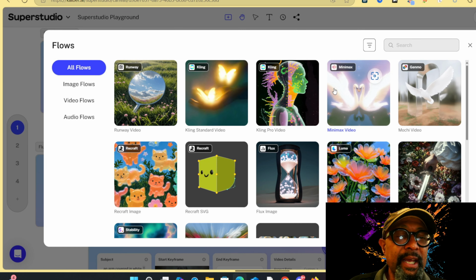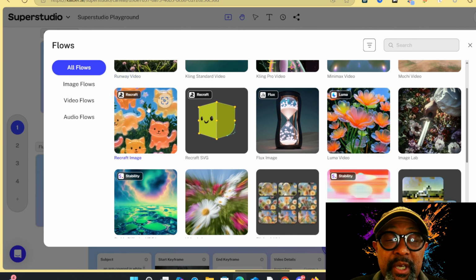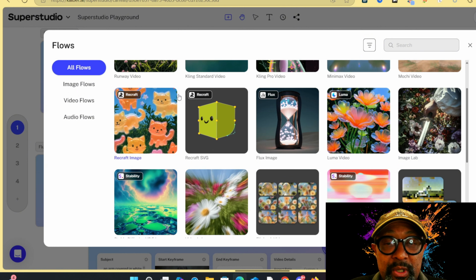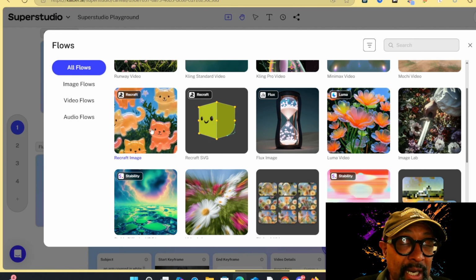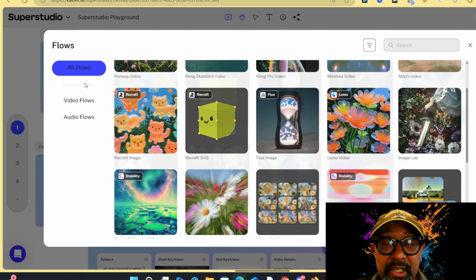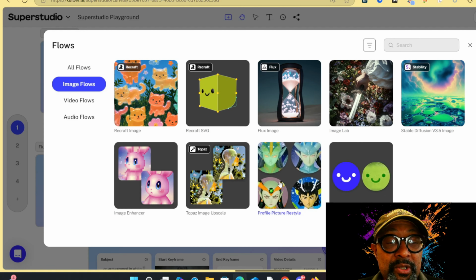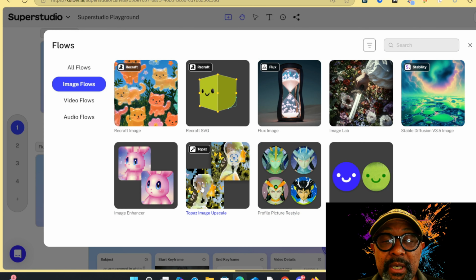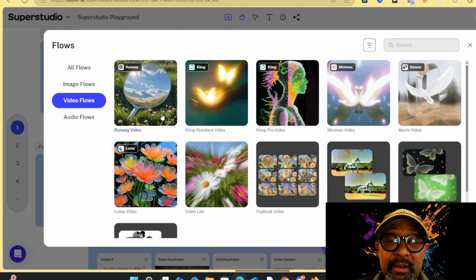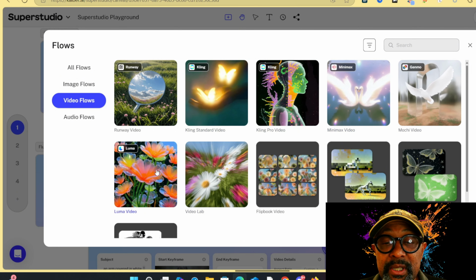So if you're saying, hey, you know what, I really like Minimax, I like Moki, I want Kling Standard Video, Runway Video, Luma Video, Image Lab, you can drag these and drop them onto your canvas and then create your workflow. So you can see here, here's all the image generators, Stable Diffusion, Image Upscale, Image Enhancer, video flows. You've got Runway Video, Kling Standard, Kling Pro, Minimax, Moki, Luma,